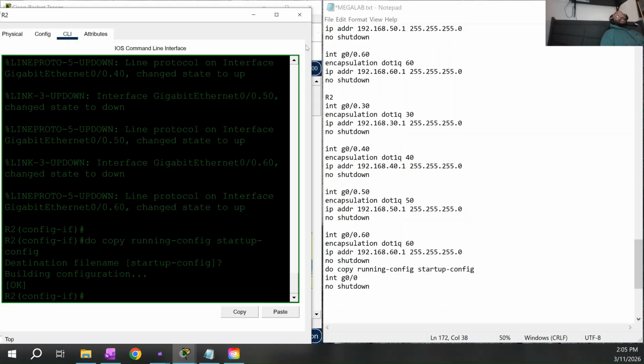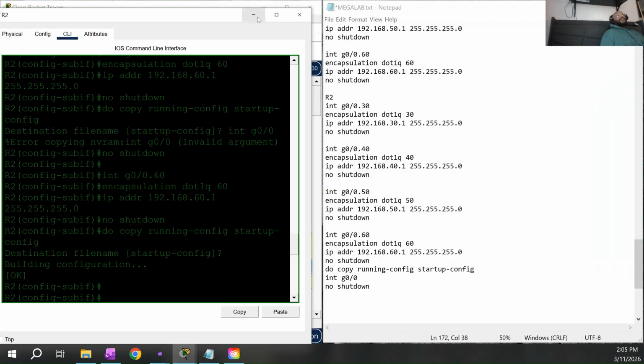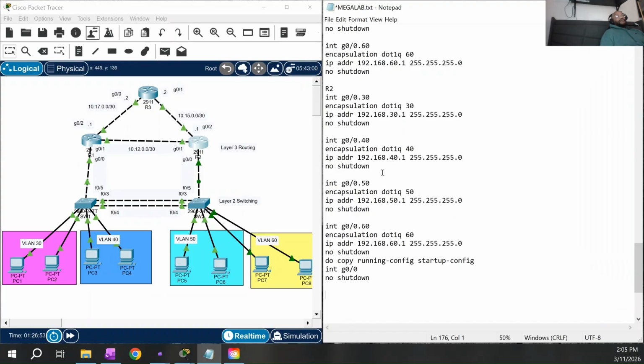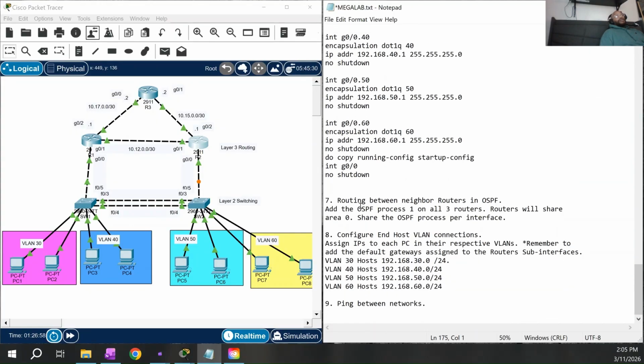So now we're gonna go ahead and go to our next step, which is step 7. Which is we're going to route between neighbor routers with the OSPF, open shortest path first protocol, which is a link state protocol. It's based on least cost. Each of these interfaces will have a cost associated with them, and when we start running the OSPF, we can